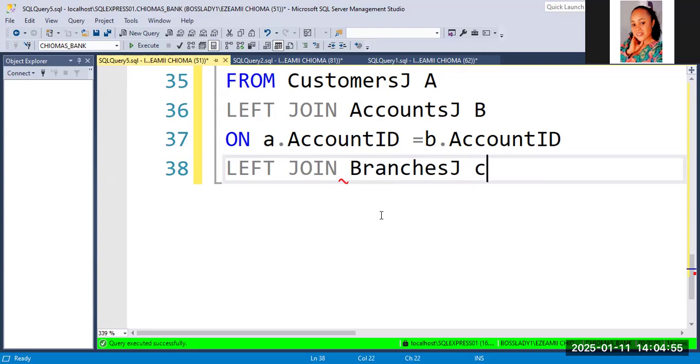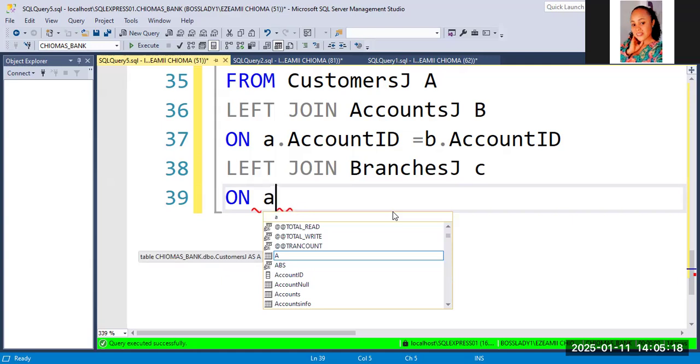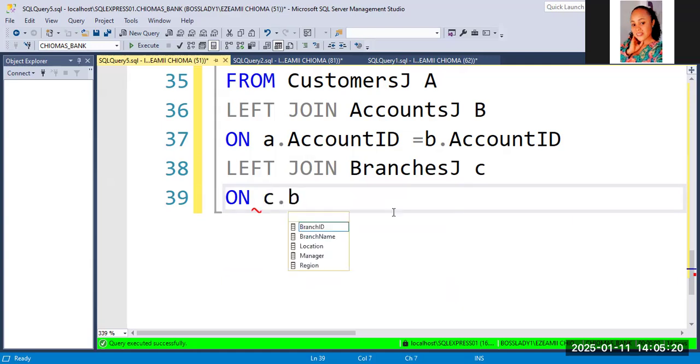We'll use it as C. What are we joining with? So we're going to join on branch ID. So we're joining on branch ID on